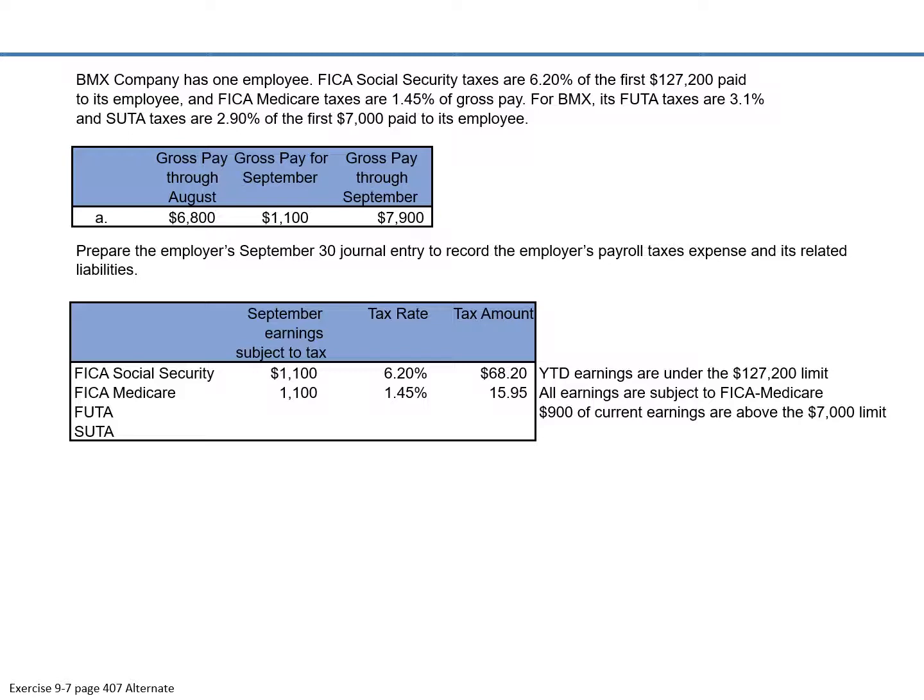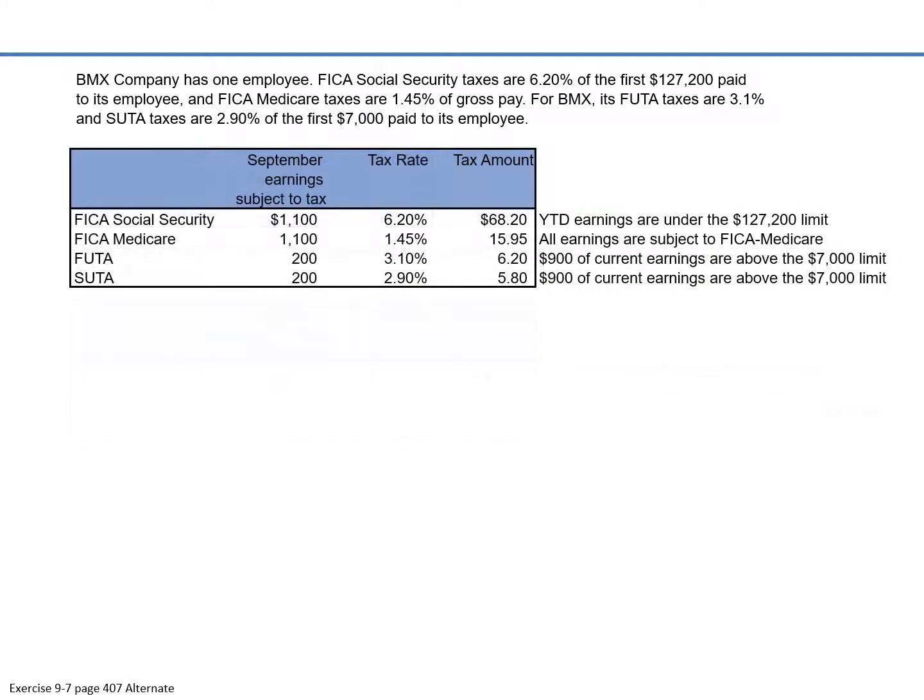The FUTA, let's see, it's up to $7,000, so $6,800 gross pay through August. So that means we can only take $200 of the pay for September and subject it to the SUTA and the FUTA. So $200 times 3.1% and $200 times 2.9%. There's your total taxes for all of the employer paid